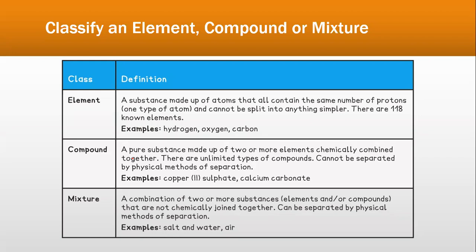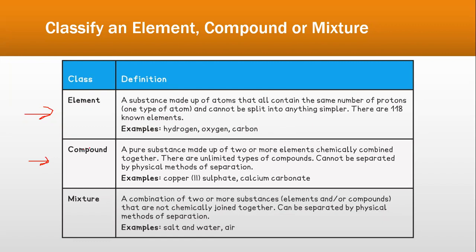So basically, if we talk about an element, an element is a substance made up of atoms that all contain the same number of protons and cannot be split into anything simpler. There are 118 known elements in your periodic table. If you see a periodic table, what are all those? Those are all elements. Hydrogen, oxygen, carbon, calcium, magnesium, they all exist as atoms, first of all, and they exist as one atom. When they exist as a single atom, they are an element. But when we talk about a